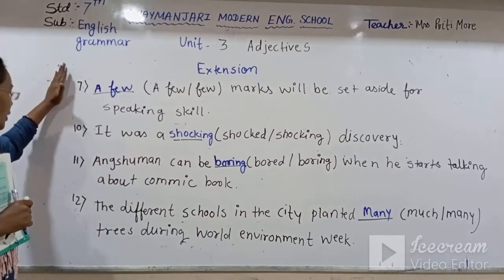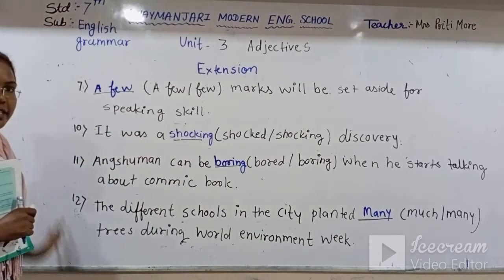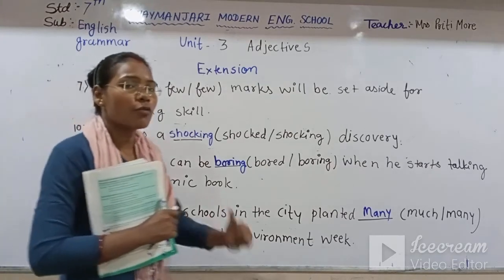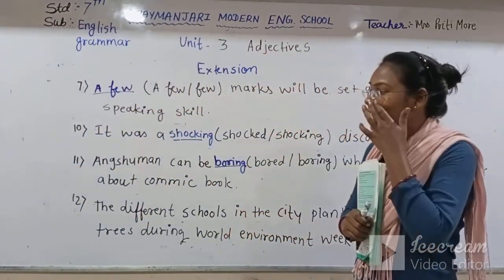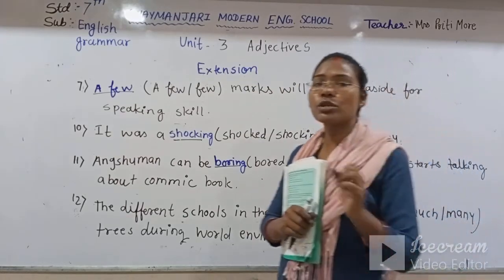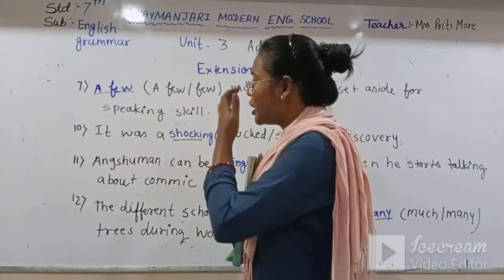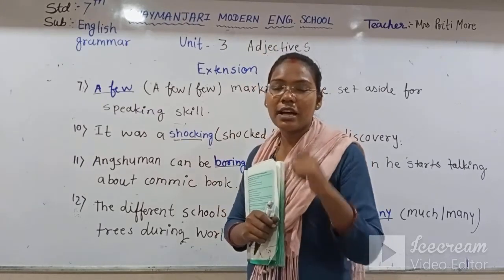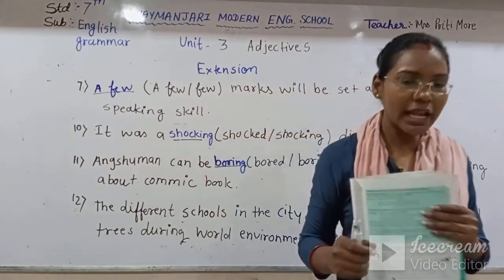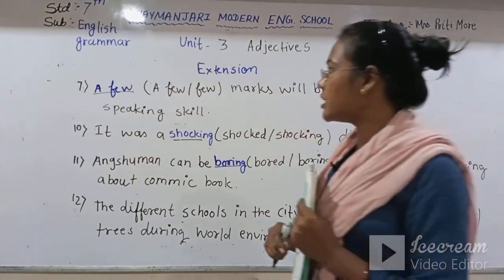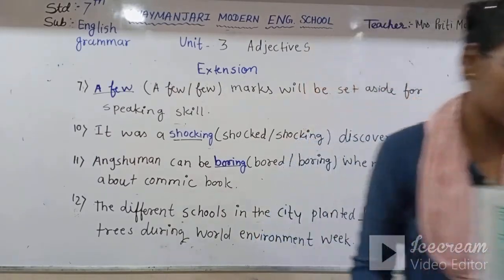Right? Now again you write down these 4 sentences in your notebook. What was the mistake I did? There was one mistake. I have directly taken the 9th sentence. So you just change the number as 9 to 7 and 7 to 9. And complete all this in your notebook also.